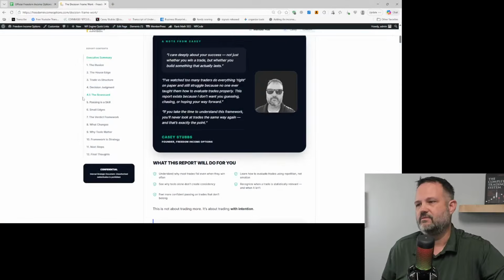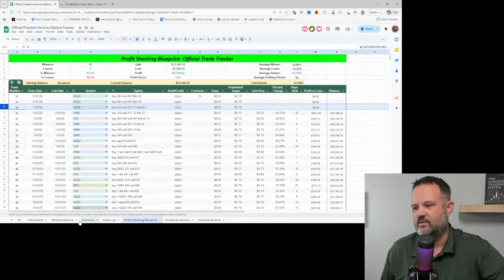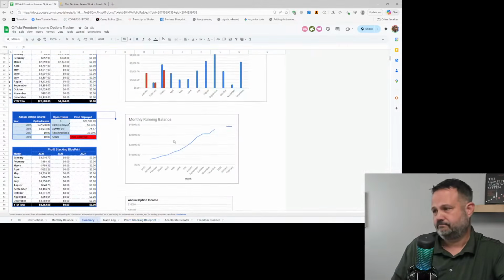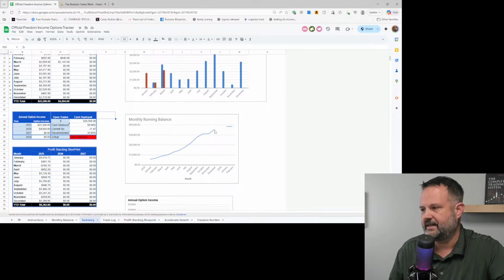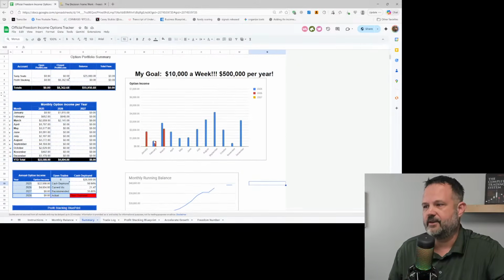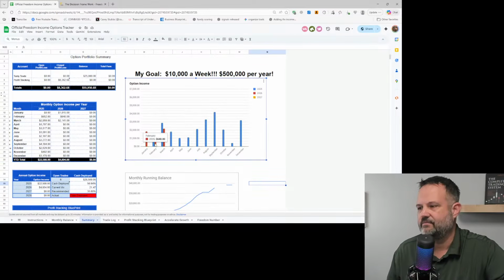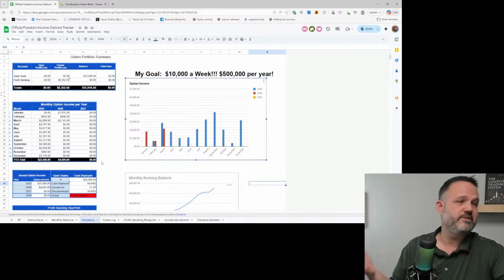The spreadsheet will show us, if we look at the summary here, we've got a nice growth rate, which is what we're looking for. We leveled off a little bit, but then we spiked up, and now we're just doing okay, right? Making income. February's getting close to a close. Nothing spectacular, but right where we were at last year. And you'll have that, right? And we'll see where we're at next year.